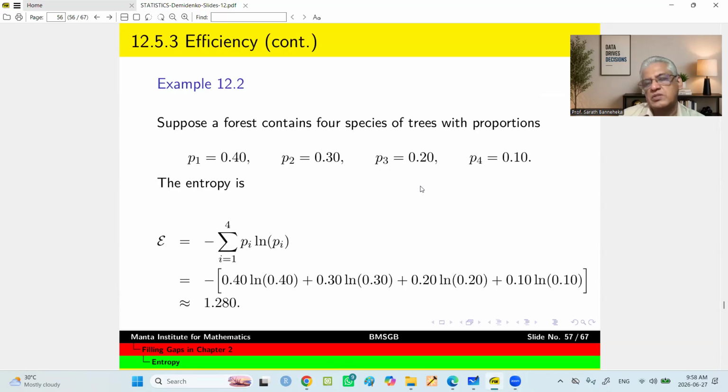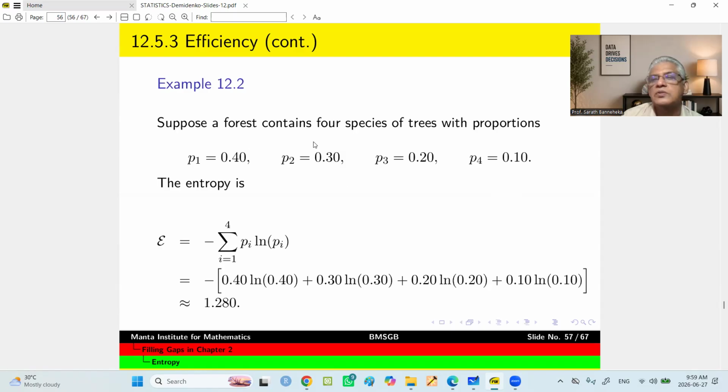Let's look at a simple example to understand the calculation and then interpretation. Suppose a forest contains four species of trees with probabilities like this: 40% one type of tree, 30% another type, 20% another type, and the remaining with another type of tree. Right. So when you look at this, you can see that the total probabilities have been mainly in these